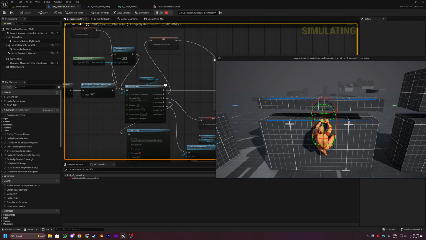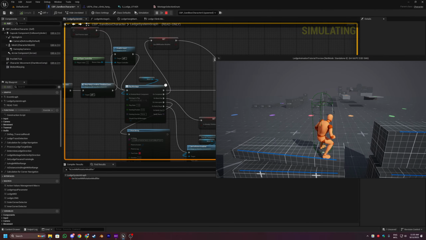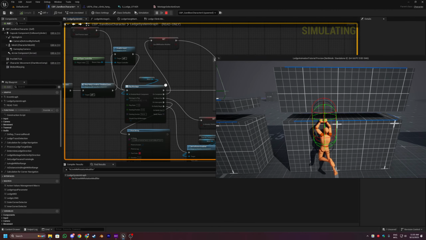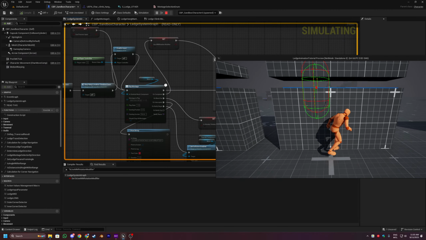I'm not sure why sometimes I cannot move to the left and right. I'm gonna have to check it out. Yeah, we can use the disable input, as you can see. When I drop,